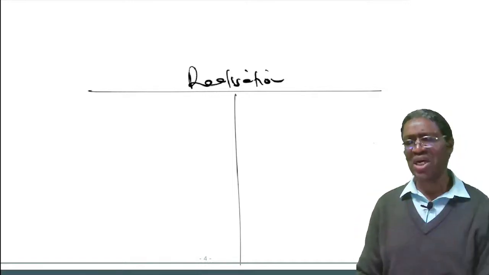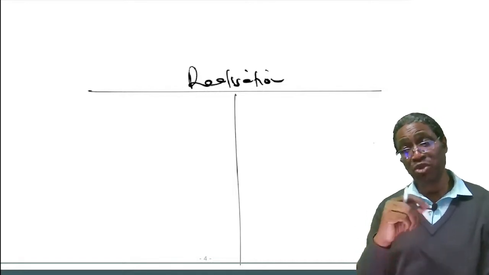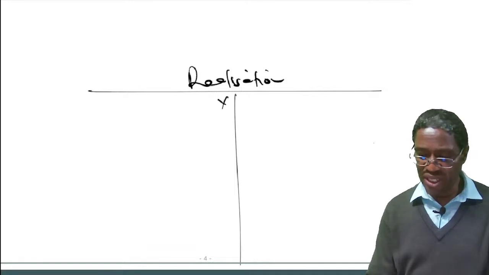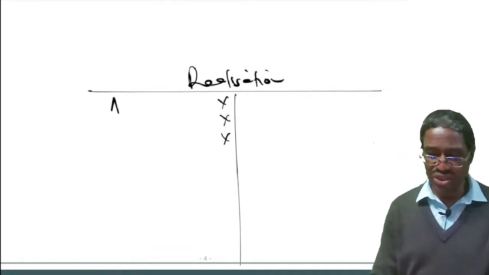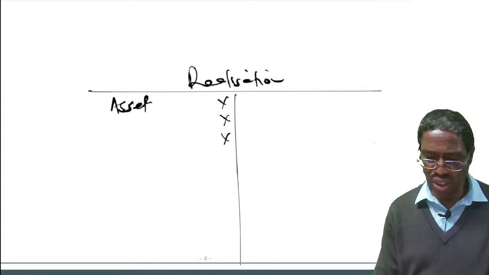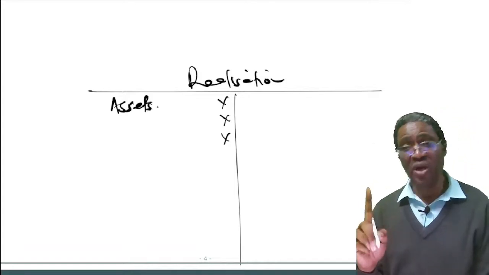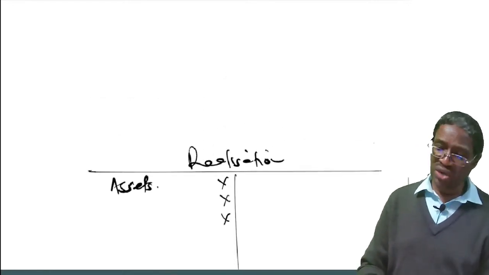We know assets are always a debit balance, and therefore to close them, you will credit the assets and you will debit realization. That's our step number one, which says close all assets taken over at their book values to the realization account. That's step number one. Number two,